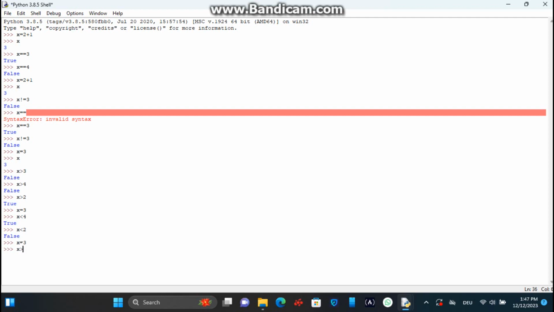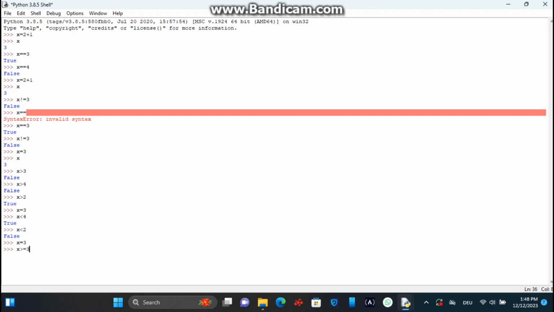Here you will check both. Here x is equals to 3, so we are saying is x greater than, or, you should keep the or. It means that you will check this one, and if this one is false, you come and check this one,